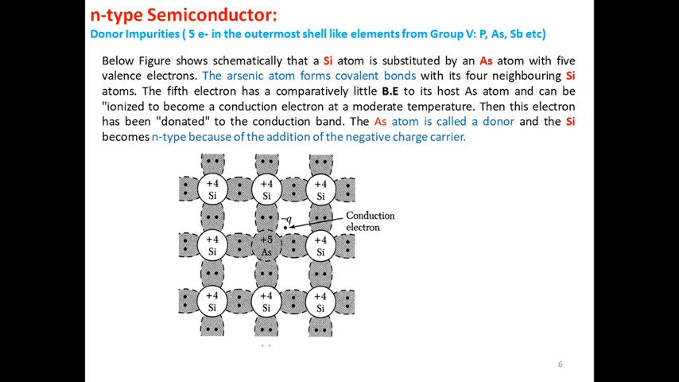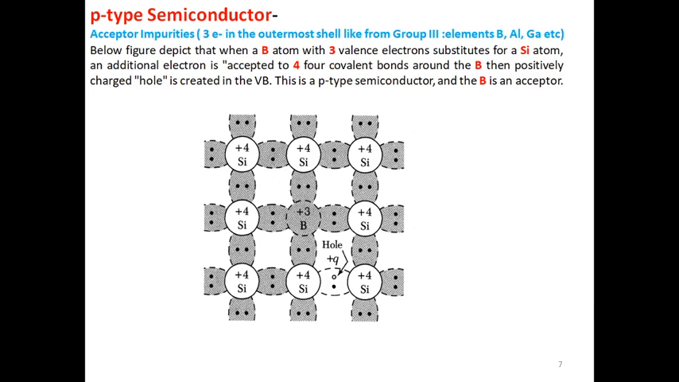Then this electron is donated to the conduction band, and this arsenic atom is called a donor because it donates the one remaining electron, and the silicon becomes n-type because of the addition of negative charge due to the extra electron, so that the n-type semiconductor is formed. Like the n-type semiconductor, the p-type semiconductor has acceptor impurities which contain 3 electrons in their